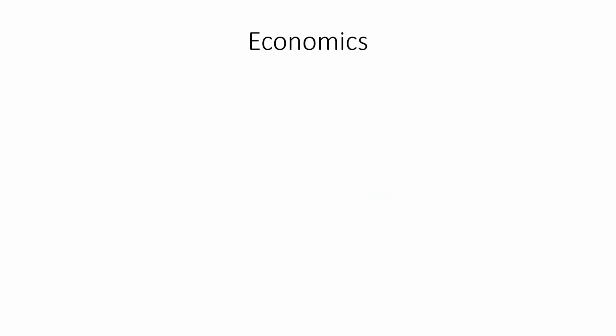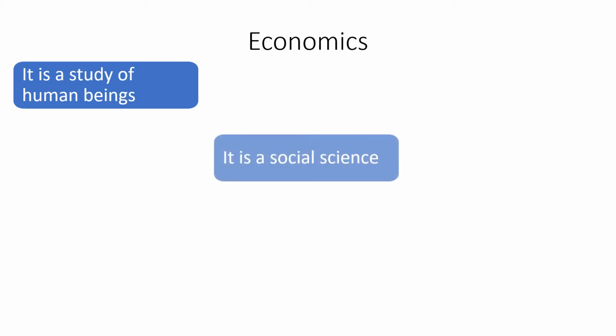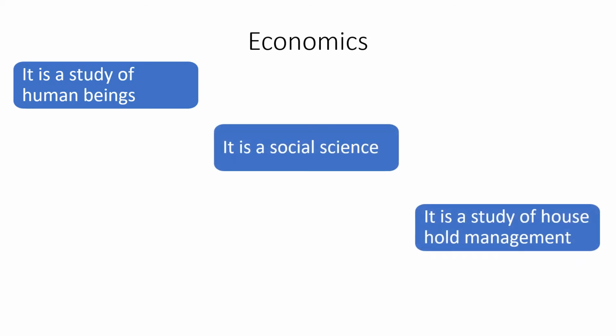Okay. So you have learned that economics is a study of human being. It is a social science. It is a study of household management. Maybe in your PU or 10th level you have studied it is a study of human being, that is you and me. It is a social science. In your PUC it is study of household management. So all these three things are good to say as meaning for economics. I think you all are aware of the word demand. So maybe you have studied this in your PU level too.